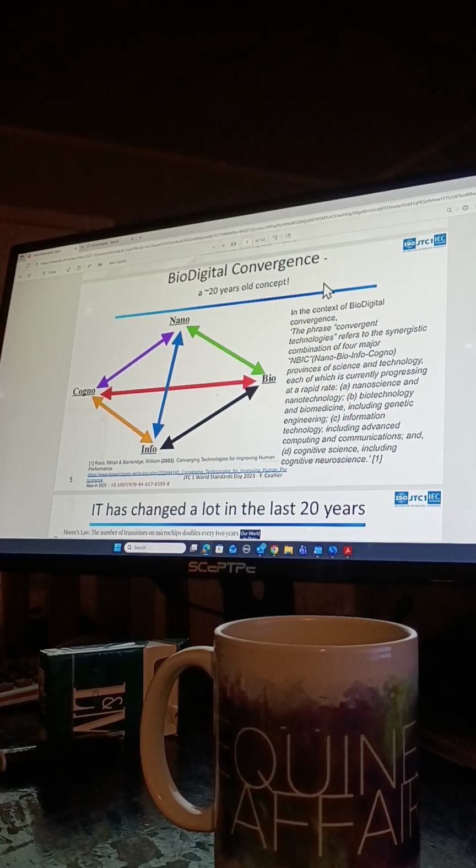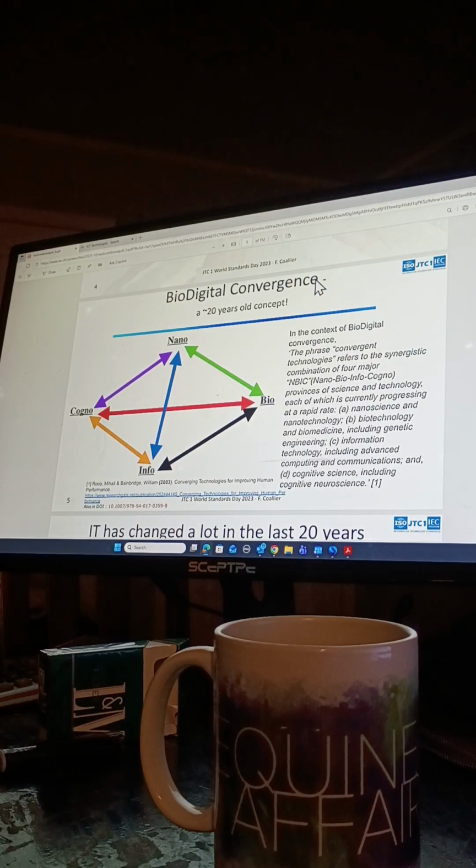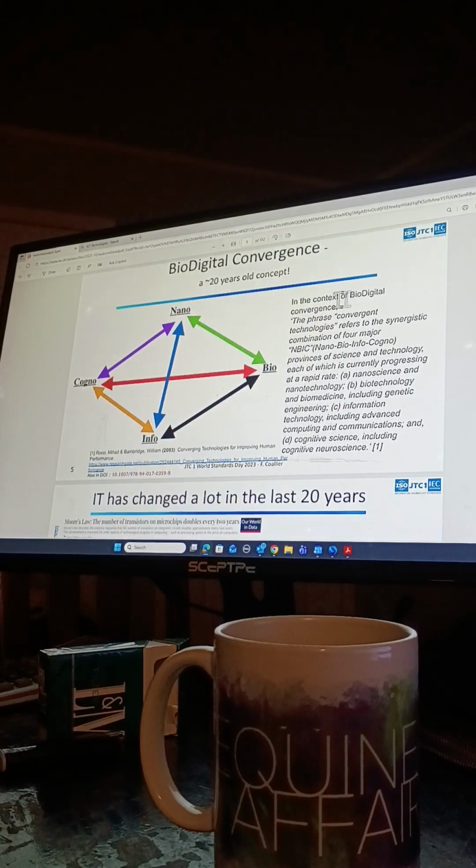This concept is 20 years old, and I bet it's even longer than that because 20 years puts us at around 2005, and they were already hooking us up to the internet in 1995. So I'm sure the long-term goals were already there, probably for about 45 years, if not longer. So let's see what they mean by bio, nano, info, and cogno,